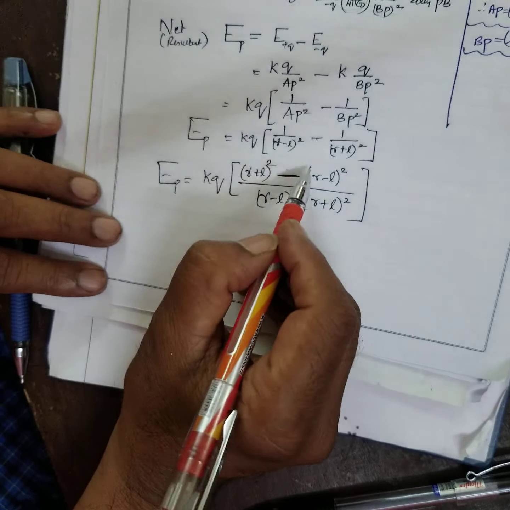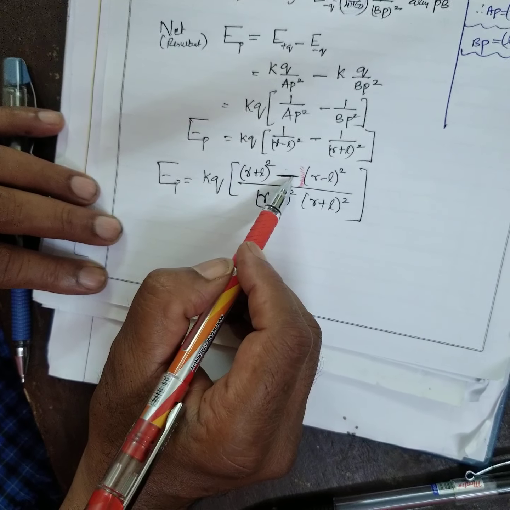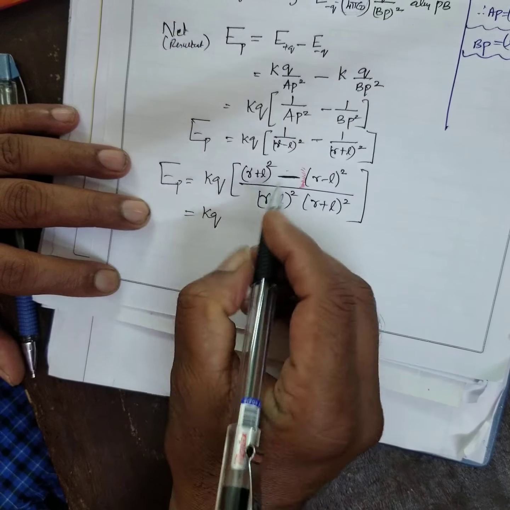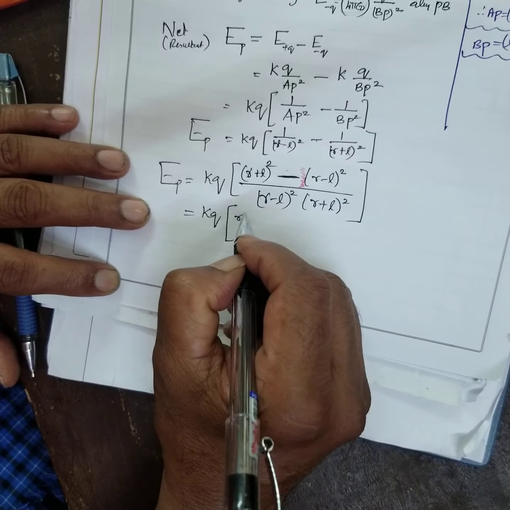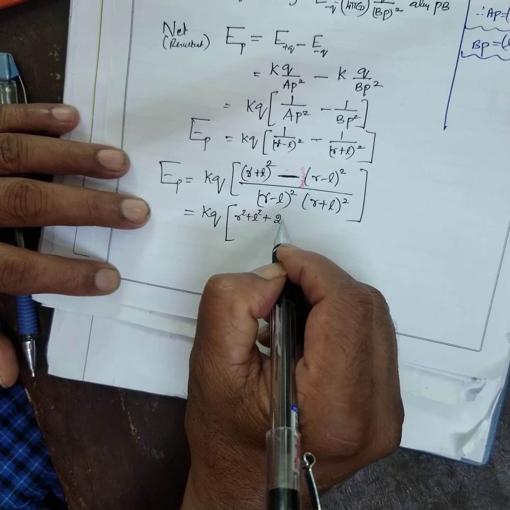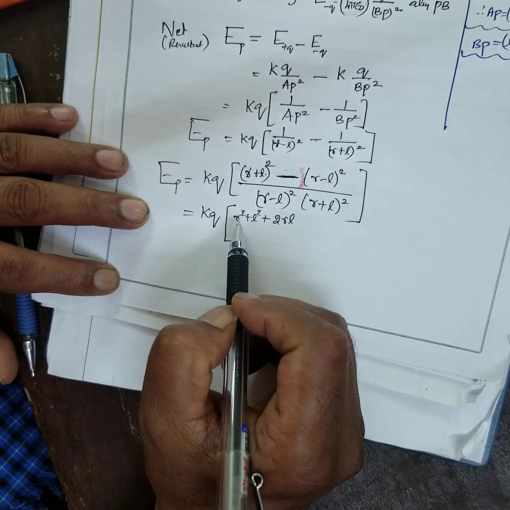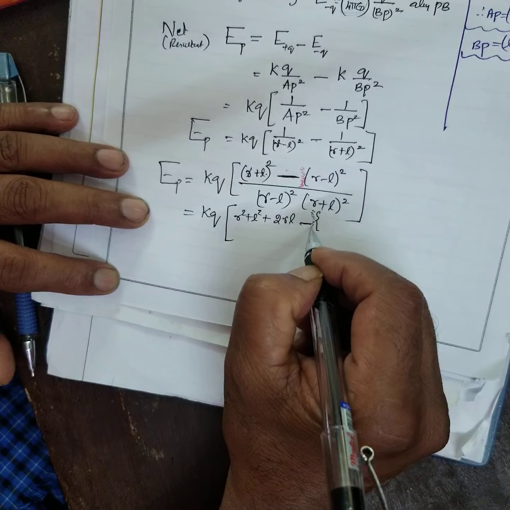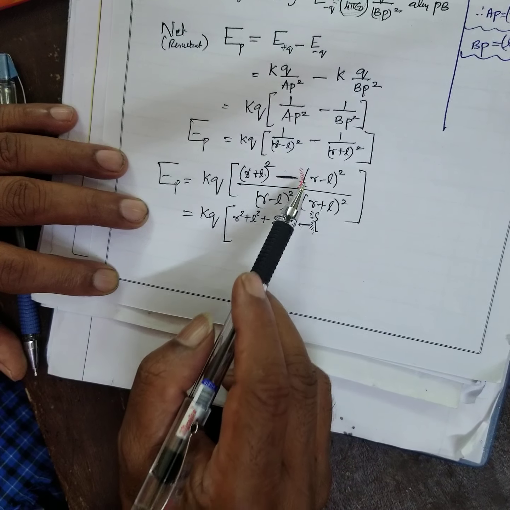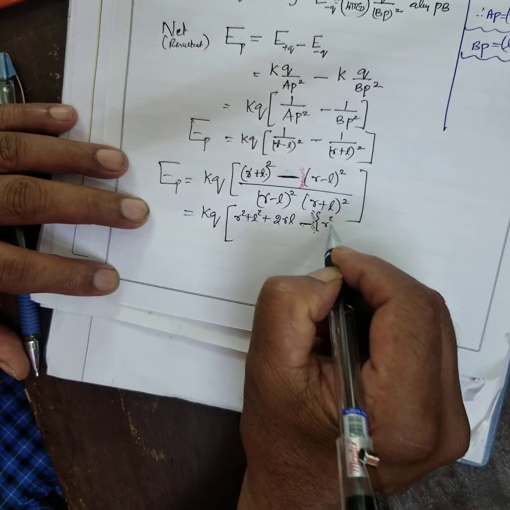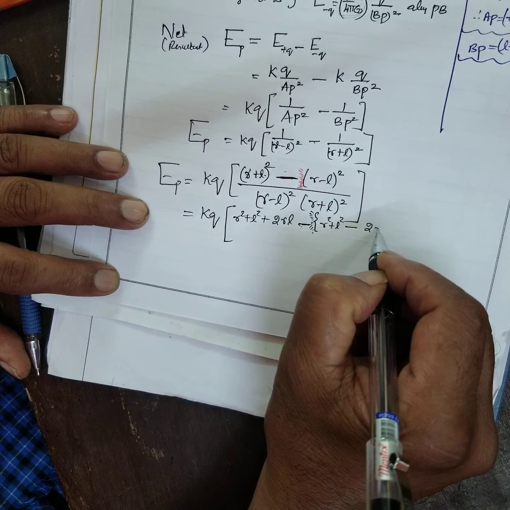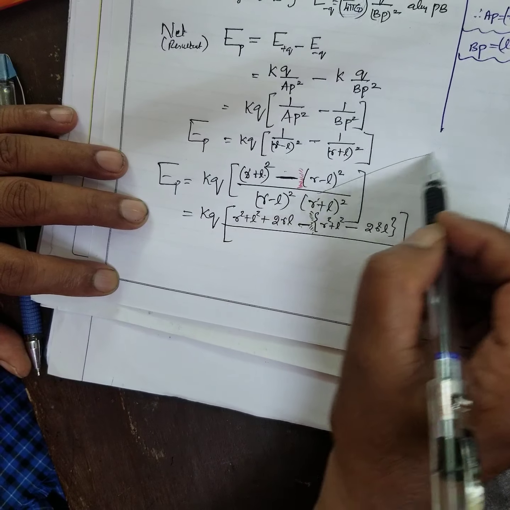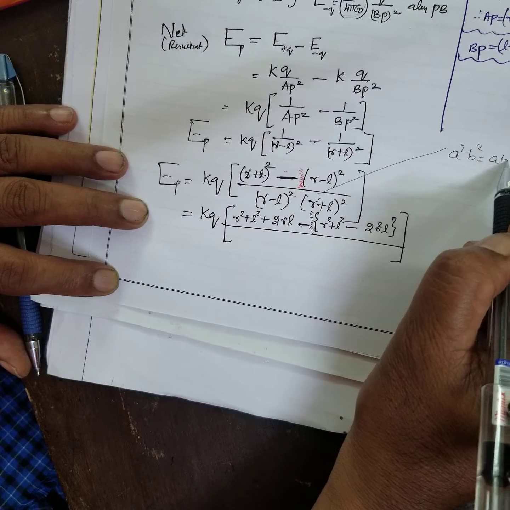Now here you have to be very, very careful in expanding because you are expanding along the minus sign. Therefore, KQ, A plus B whole square: first number square plus second number square plus 2 into first number into second number. A plus B whole square formula, A square plus B square plus 2AB. Here put minus, put a flower bracket here. Here everybody goes wrong. Here only everybody makes the mistake, this particular point. Again: first number square plus second number square minus 2 into first number into second number. Here, look: A square B square is equal to AB the whole square. Correct?